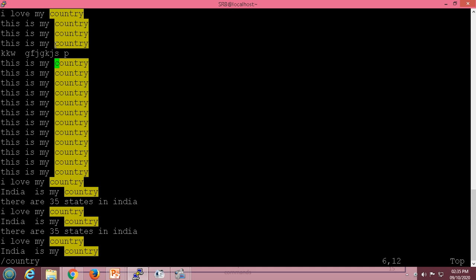And there are two commands, n and N. If I press small n, the cursor will move in the forward direction, and if I press N, the cursor will move in the backward direction. So it will search for the specified word in the file, and the commands n and N are used to move to those locations in forward and backward direction.